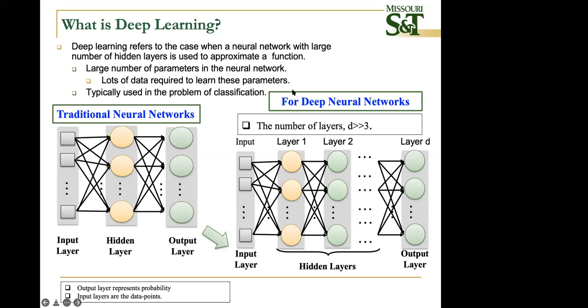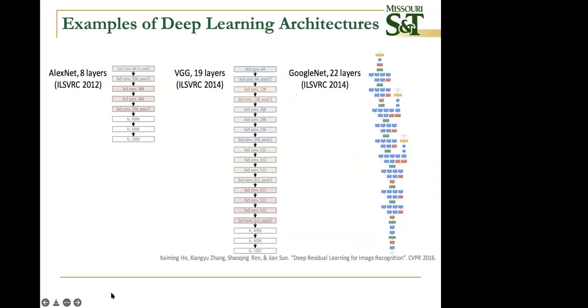That means the more data you use, the more the size of the network is going to go up. As a result, these connections are going to go up, the number of weights is going to go up, or the number of parameters is going to go up, okay? A traditional neural network has about 2 to 3 layers. A deep neural network would have more than 3 layers. So here is the thing. The input layer is the data points. In the case of big data analytics, the output of the output layer represents the probability, okay? So this is how these networks are designed.